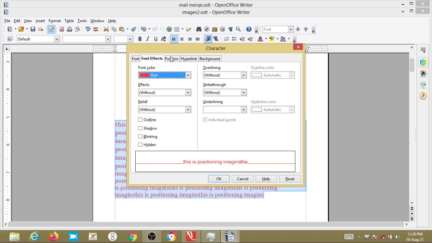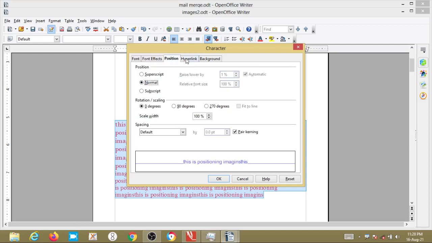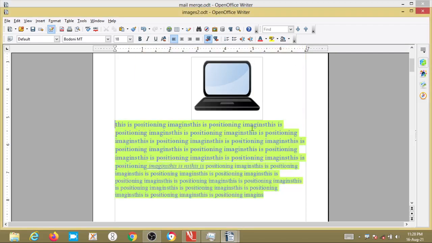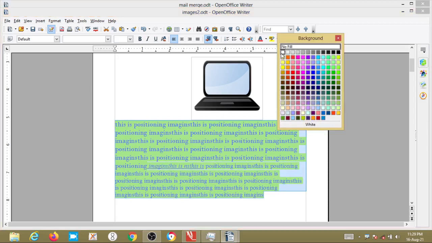I have selected red for font effects. Suppose instead of red I give blue, so the font color changes to blue. Then I can change the position, give a hyperlink, or change the background color, whichever I want. If I give OK, now see, the background color has changed. If I want to change the background color, select this, you can say no fill.